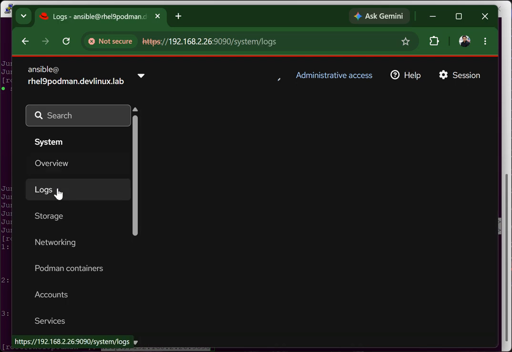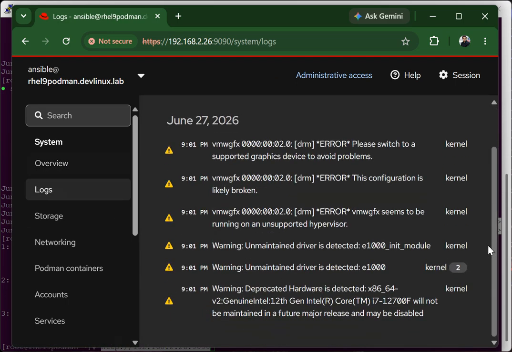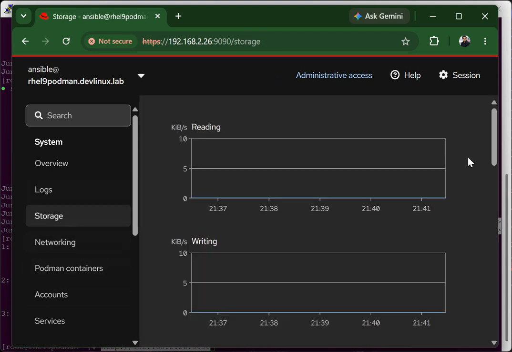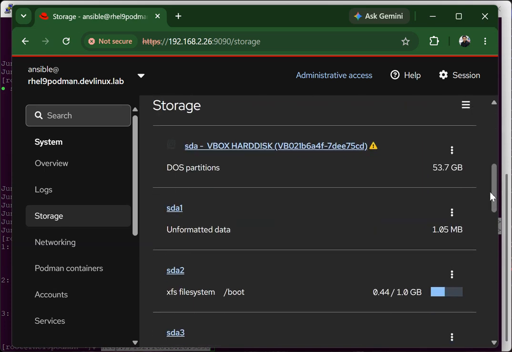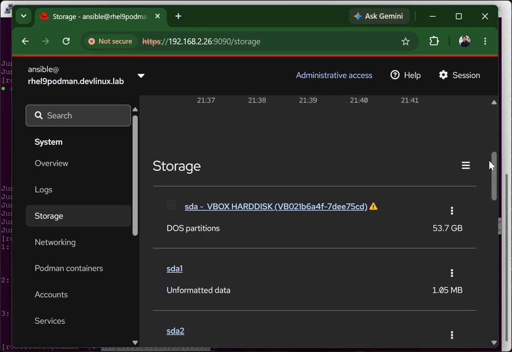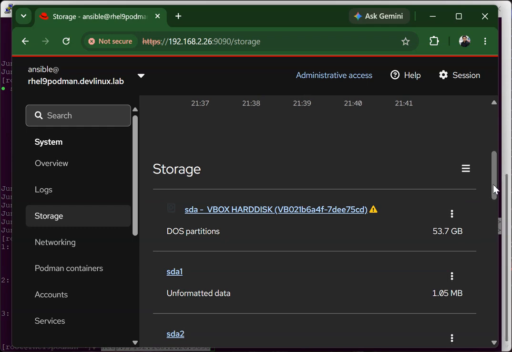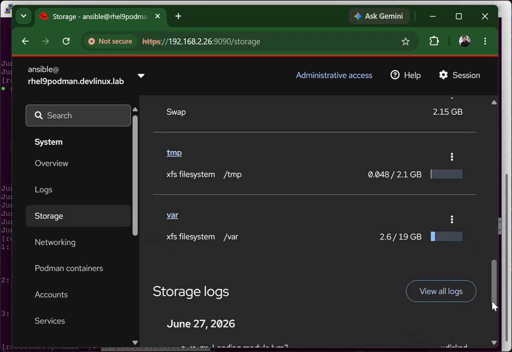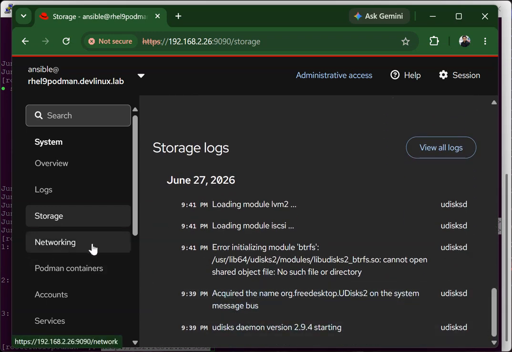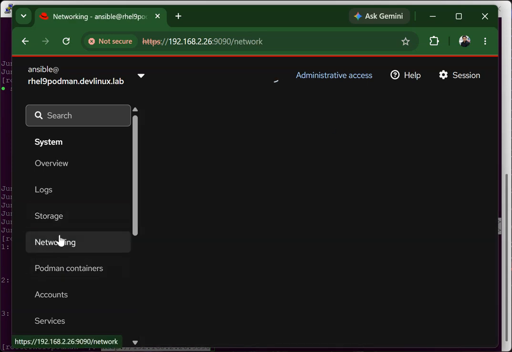Now you go to logs. You can check your logs from here. You can manage your storage here, and also we see these live ticks. Something needs attention, ignore it for now. Create partition table. LVM related logs, networking,